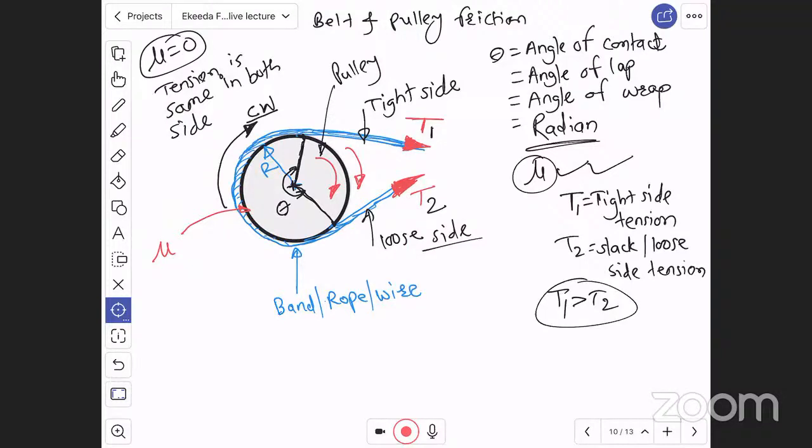Definitely. Therefore, the direction of rotation gives you the tight side. Therefore, this will be the tight side. T1 will be the tight side. Right. Now here, this tight side